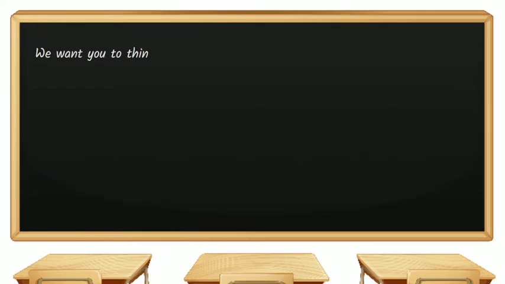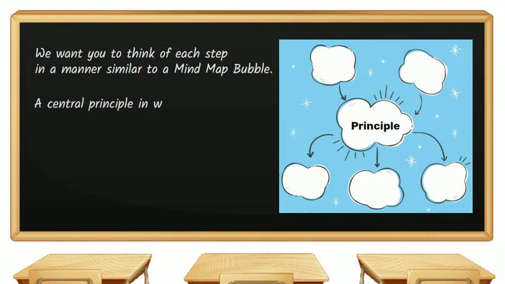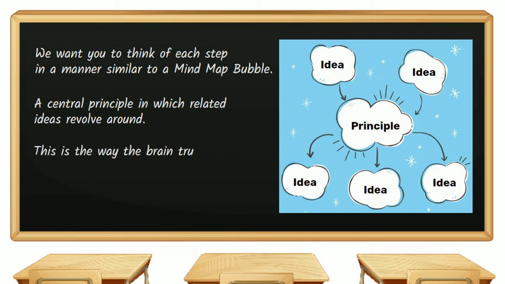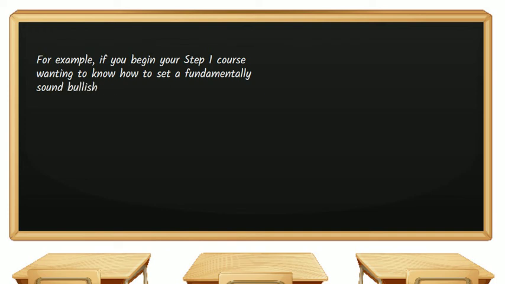We want you to think of each step in a manner similar to a mind map bubble, a central principle in which related ideas revolve around. This is the way the brain truly learns, by translating concepts into a language the individual can make their own. For example, if you begin your Step 1 course wanting to know how to set a fundamentally sound bullish or bearish bias,